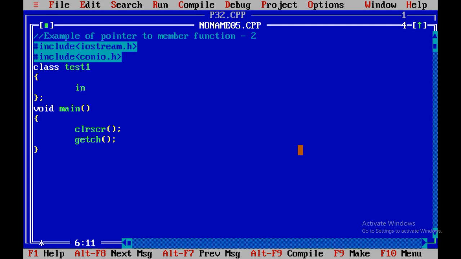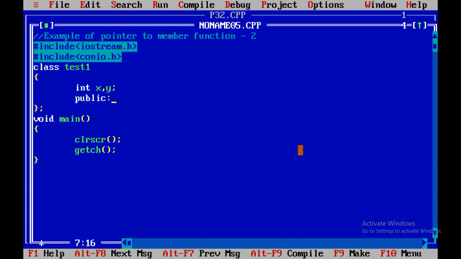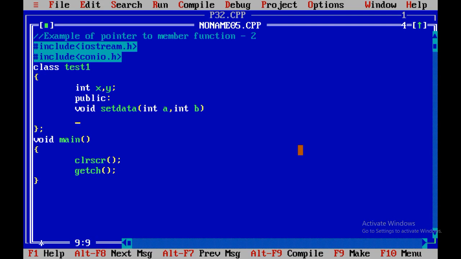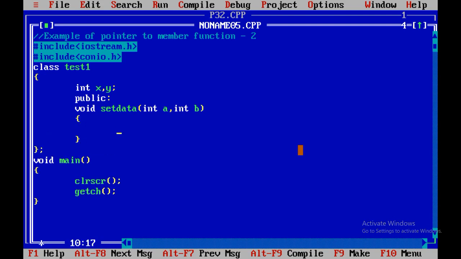So for that I am going to take two variables, integer x and y, public keyword, so that I can access this method outside the class, void setdata. Over here I just want to take two values, so for that x equals a and y equals b.